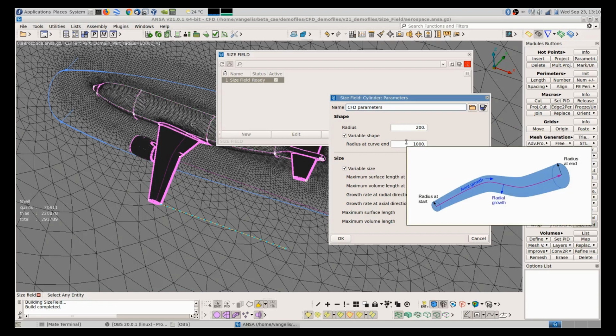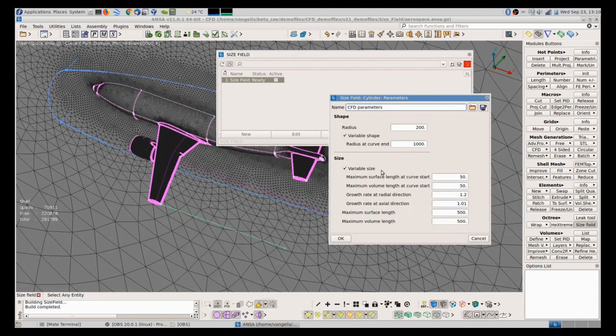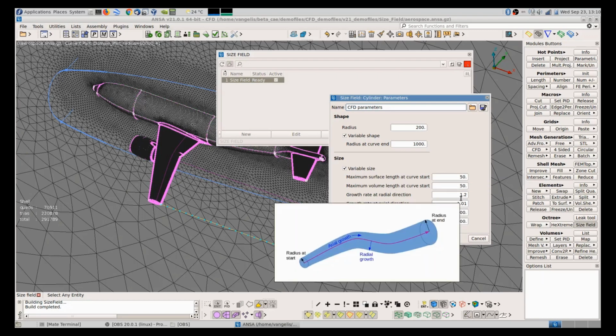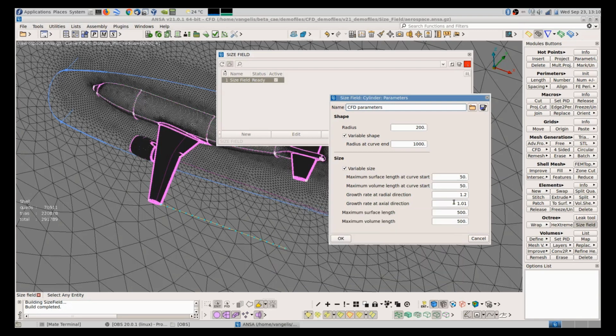So it's like a conical shape that follows a curve. Also, the size is variable, it's not constant. It means that it starts with a length at the start of 50 millimeters for both surface and volume mesh, and then it grows in the two directions, radially and axially, with different growth rates to specific maximum values.